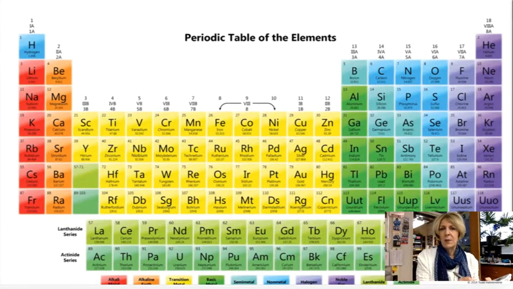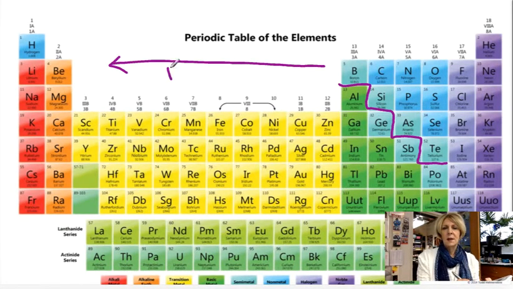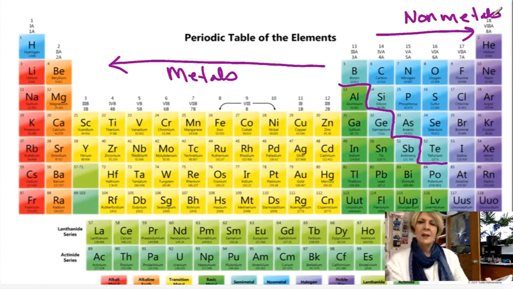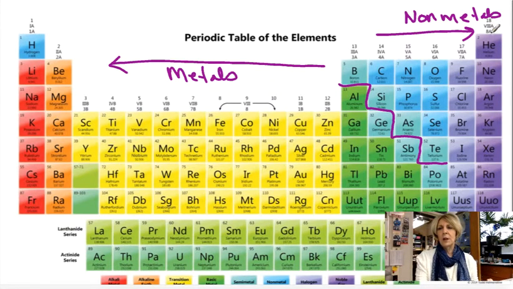So I want to start off with the periodic table, and I want to point out to you this little stair-step line that you may have seen on the periodic table. It's the great dividing line between the metals, which are everybody over on this side of the stair-step, and the non-metals over here. You can see that most of the elements in the periodic table are non-metals. And so we've got the metals and the non-metals. These guys over here are the noble gases, and we're going to ignore them for right now. They don't really react very much, and so when we talk about nomenclature, we don't usually have those in our